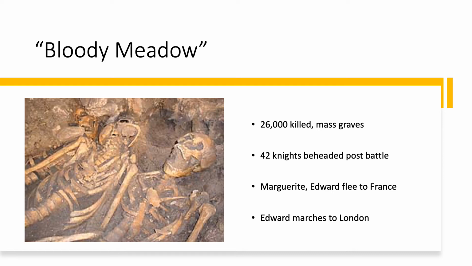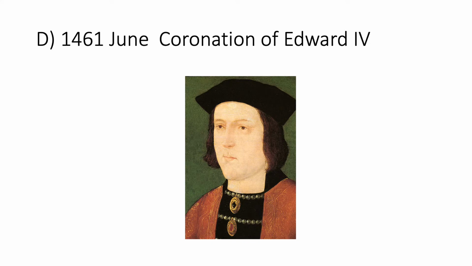The Yorkists have always been very popular in London, so the Londoners open their gates and welcome him in. So in June of 1461, although only 19, Edward IV is crowned the King of England. And he's a typical York. He's very tall. He's considered very handsome and very charming.